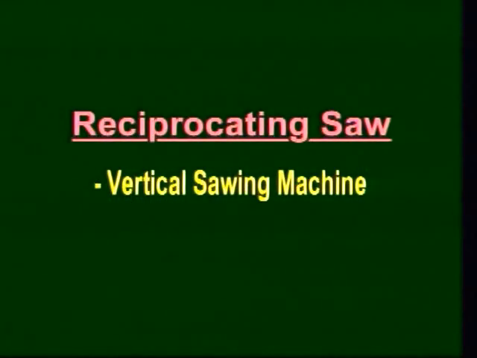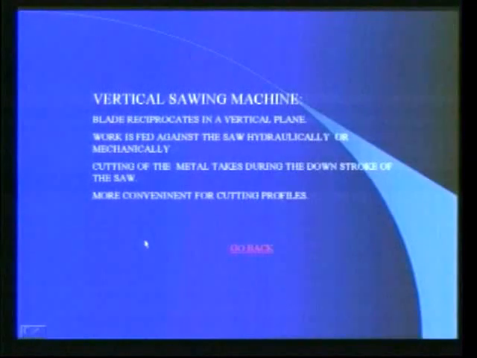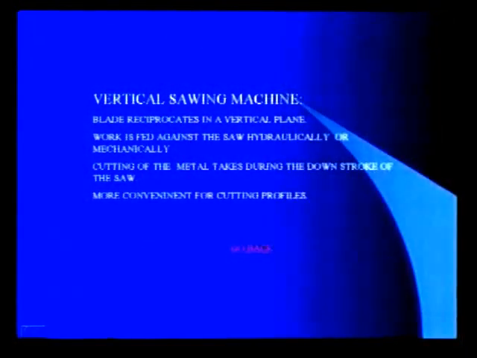Now we discuss another reciprocating saw, that is the vertical sawing machine. The working principle of the vertical sawing machine is similar to that of the horizontal power hacksaw and differs in the manner in which the blade reciprocates. In this machine,